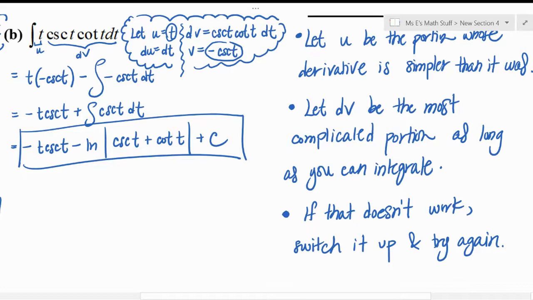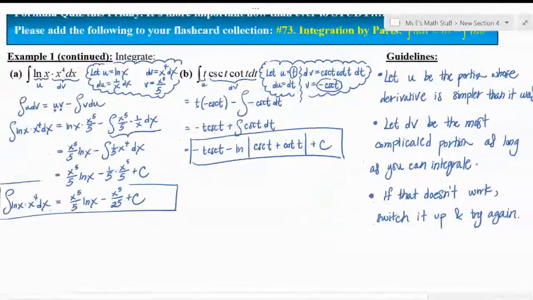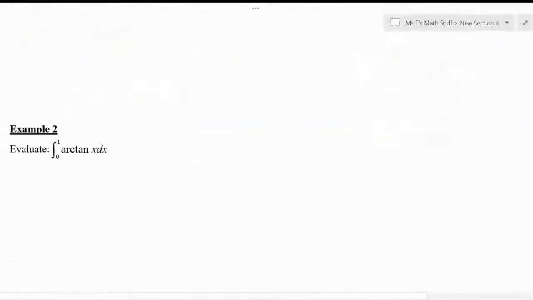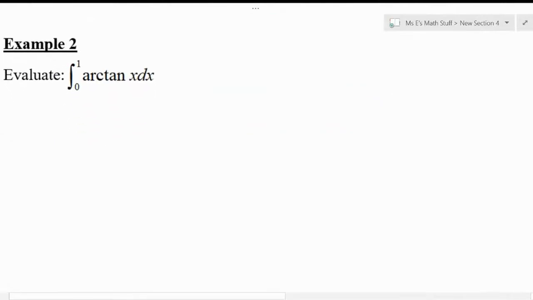All right, my friends, hopefully you're starting to get the hang of it. Reread the guidelines through again if that doesn't make sense. Before we move on, if this does not feel good yet, go back through A and B, work through the steps again before you move on. Okay, we don't have a ton of drill and kill in this lesson. I'll kind of add a little difficulty each time. Okay. All right, so example 2, let's have you see if you can evaluate the integral from 0 to 1 of arctangent of x with respect